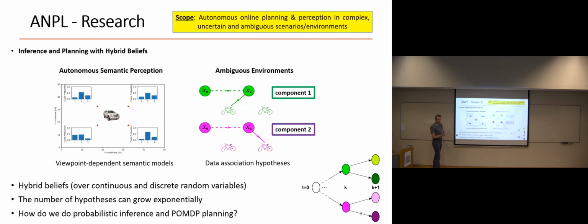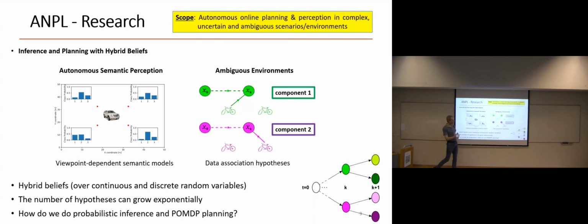And it turns out that the semantics, whether deep learning or not, doesn't really matter in this case, is actually viewpoint dependent, meaning if you observe the scene from different viewpoints, the output of the classifier will change, obviously. And so we have this notion of viewpoint-dependent semantic models that basically couple semantics and geometry. Because of that, we have to maintain those hybrid beliefs, with continuous variables and discrete variables, which are the class